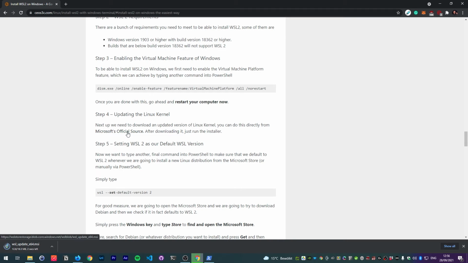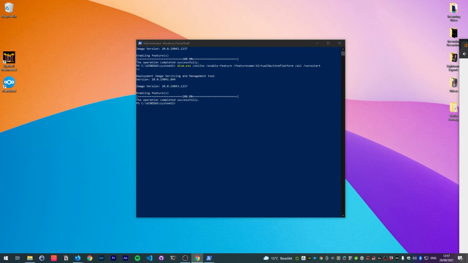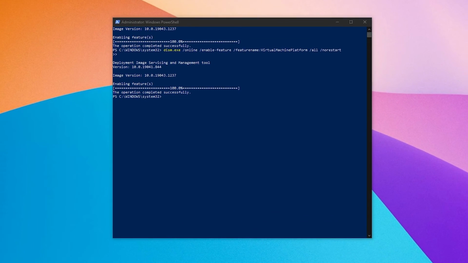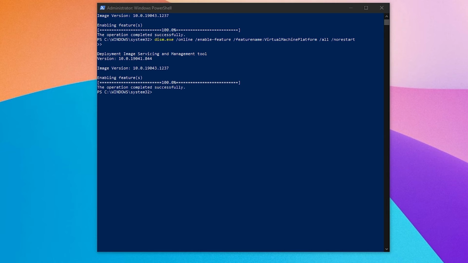Just Google for WSL2 Linux kernel and you will end up on the same website where you can download it. But this is the official source anyway. Okay, once you have installed that, there's only one more thing we need to do, which is we need to